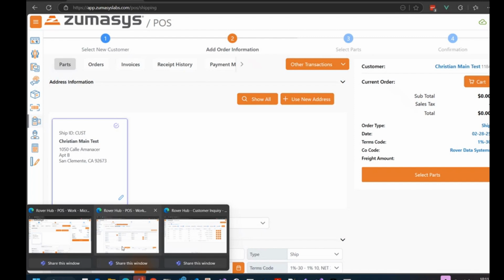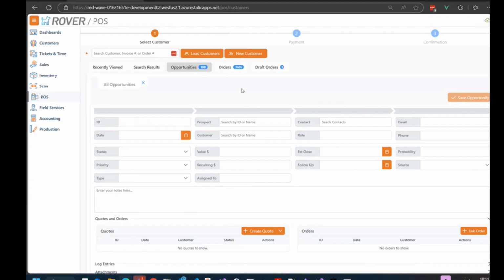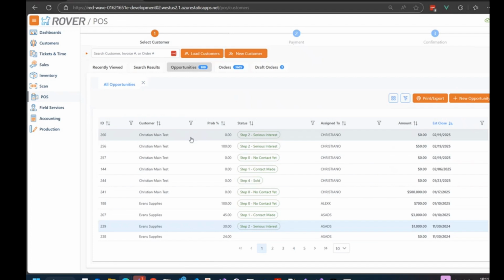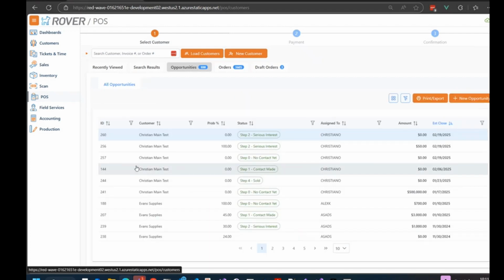So I'm going to move to a sort of preview. This hasn't been released yet. And this is adding opportunities to point of sale. So similarly, in the customers module, we're able to select opportunities in the sales module. This just brings it from the sales module to point of sale. So you're able to search for customers. You could select one, or maybe,